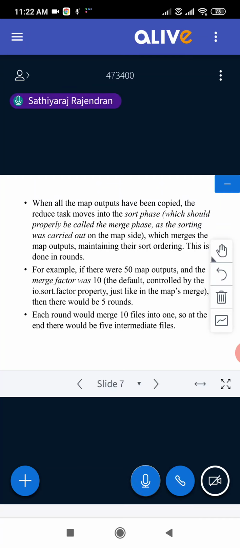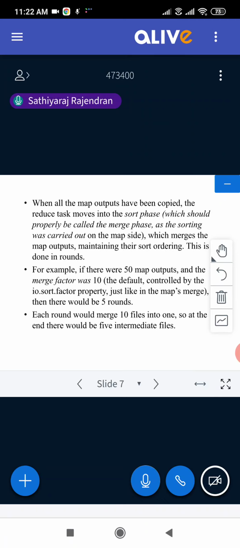Even in the map phase, when the given input is split, you are splitting your problem, and that is not happening in a single iteration or with a single partition. You will have a set of partitions, where each partition does its work in parallel. I hope now you are getting it. So this is what is called the reduce phase, map phase, sort phase, shuffle, and merge.